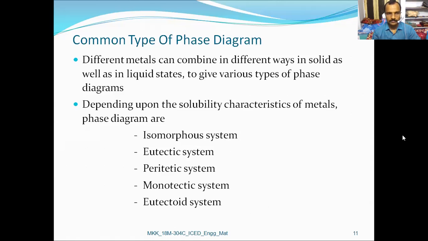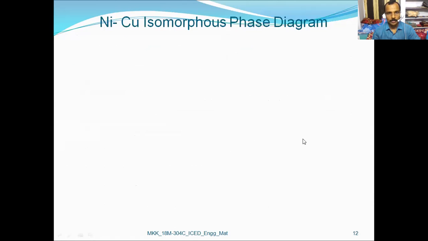So different metals can combine in different ways in a solid as well as liquid states to give various types of phase diagrams. Depending upon the solubility characteristics of metals, these are the different type of systems: isomorphous, eutectic, peritectic, monotectic, and eutectoid systems. So now let us focus on to the isomorphous system, in which the example we are taking is a